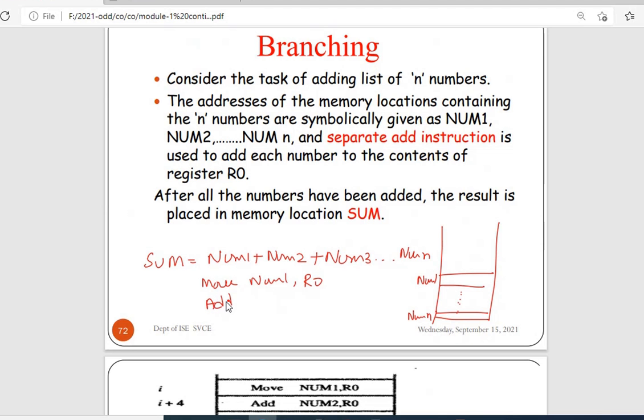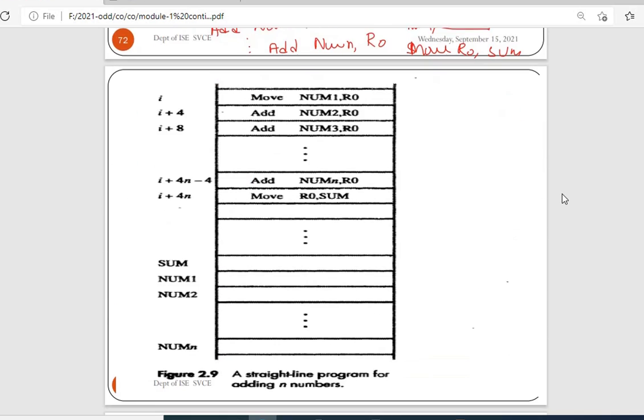Next I'm going to take the second number, num2, and add it to R0. Add num3 to R0, and so on. I am going to write add num n comma R0, and the final result is stored, that is, move R0 to sum. So this is a simple code for how you are going to perform this operation.